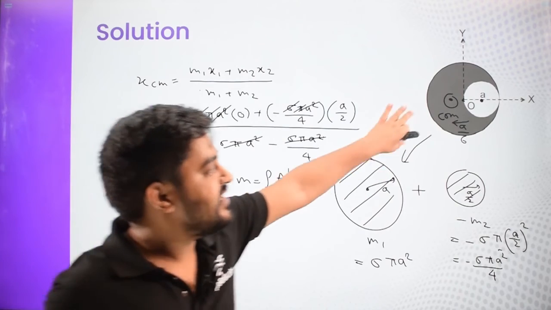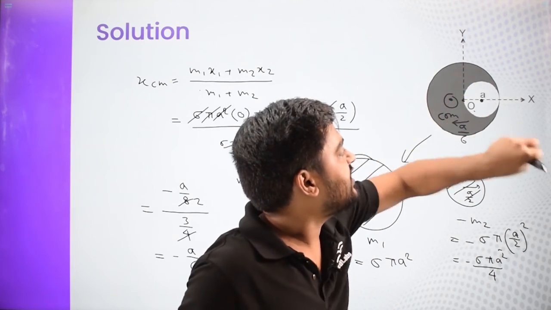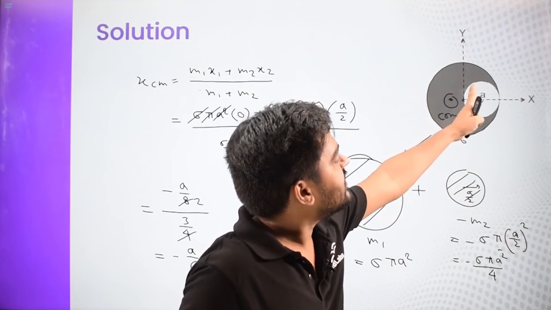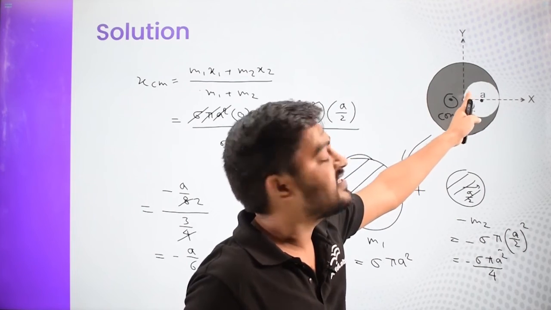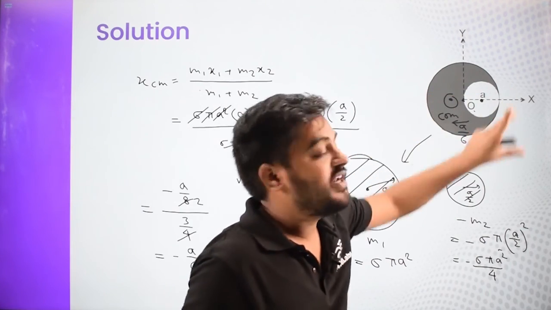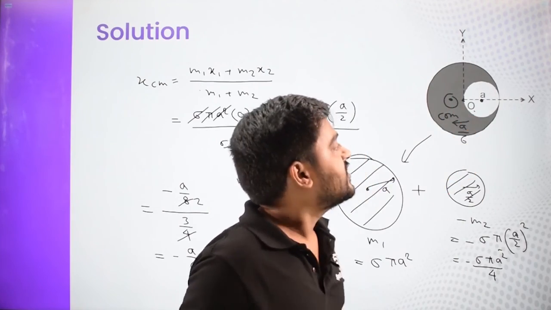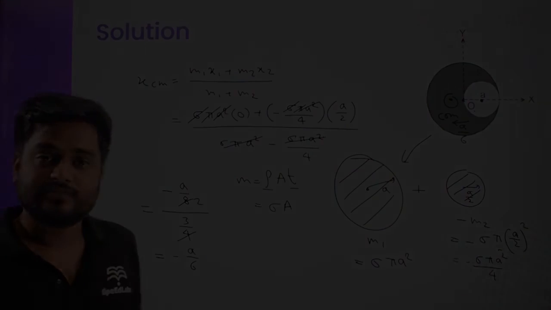And were we expecting this? Yes, we were expecting this, because when you remove mass from here, the center of mass moves away. Initially it was at the center. When you remove this mass, the center of mass lies toward the larger mass. What if you add some mass over there? If you add, then it should shift towards the right. So similarly, when you remove something, it should shift towards the left.